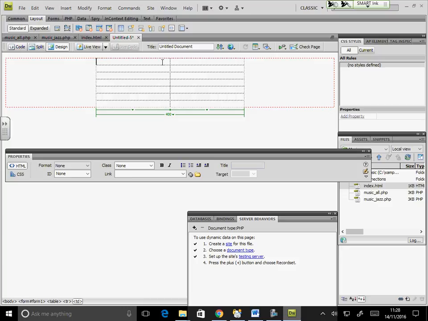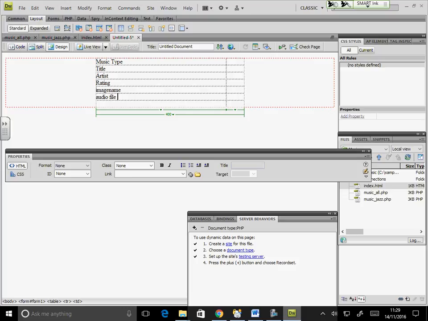But you need music type. You want title. You want artist. Rating. What else was there? Image name. I think there's audio link.